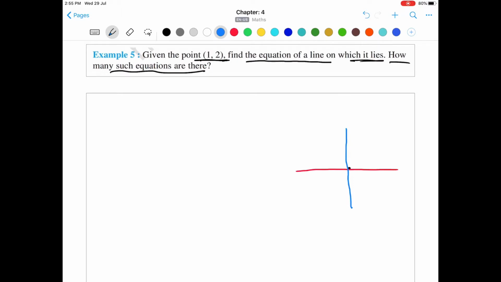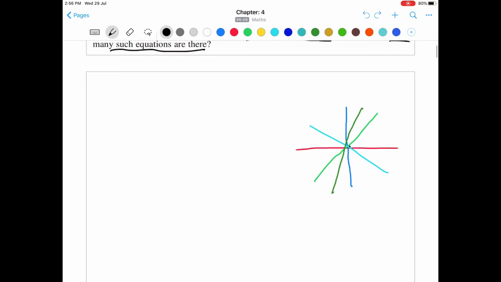That means there is another line passing through this point. We can draw another line like this, and one more here, and you can draw as many lines as you want passing through a given point. So from here we conclude that there are infinite